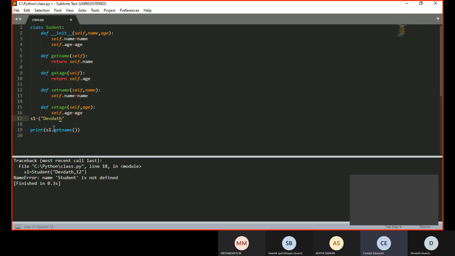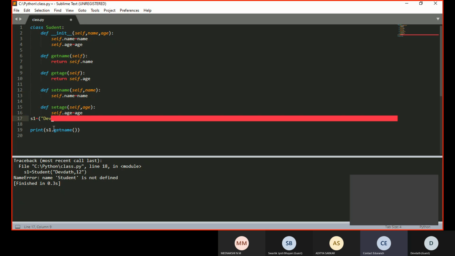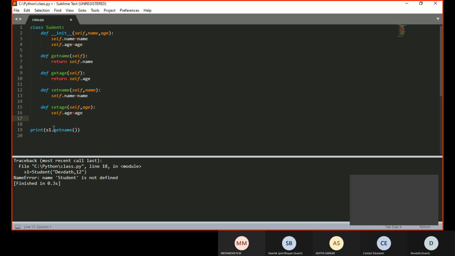How you create is capital S student. You're just giving parenthesis. Did I delete something? No, you have to create the student class object what you have created.